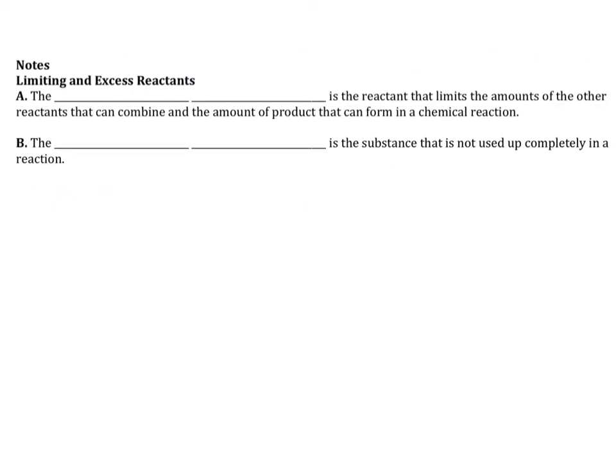All right, so let's go ahead and define limiting and excess reactants. So the limiting reactant is the reactant that limits the amount of product that you can produce. If you have 2 different quantities of 2 different reactants, one of them is going to limit how much you can produce. Then we have what is called the excess